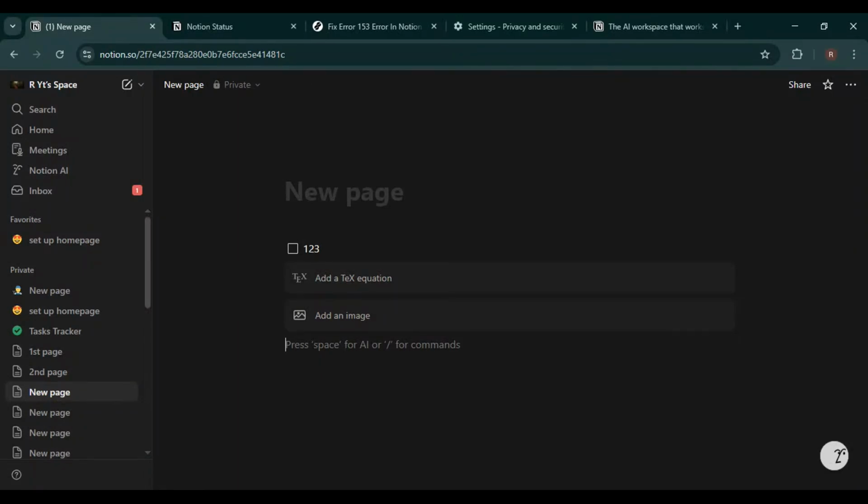In this video, I'm going to show you how to fix the Cloudflare error 153 in Notion step by step. This error can suddenly appear when you're trying to access your workspace, load pages, or switch between notes, and it's usually related to network or security checks. The good news is that this issue is easy to fix, and you don't need any technical skills to follow along. I'll walk you through the exact steps that work in 2026 so you can get back to using Notion